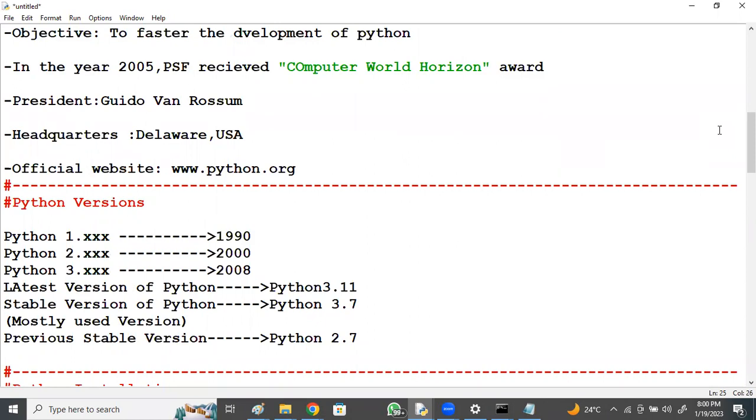The link you will be getting. Is it possible to send it on the same day, because after class we can go through it? Yes, I'll ask the online team to forward it by today night, by 9 p.m. I'll try to get it uploaded and forwarded. You can check your mail IDs. They'll forward the link, the recording as well as the notes.